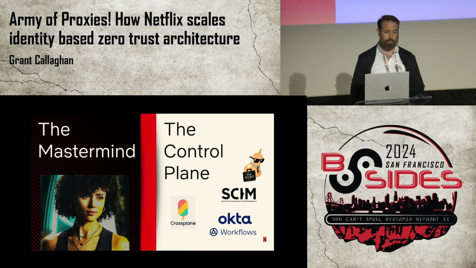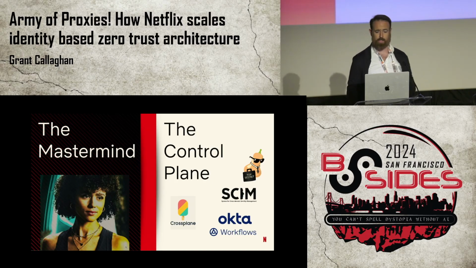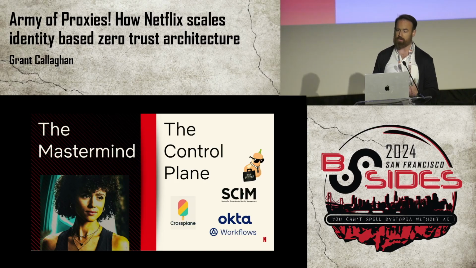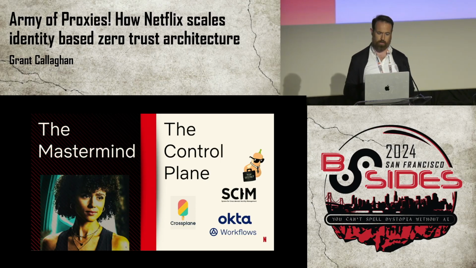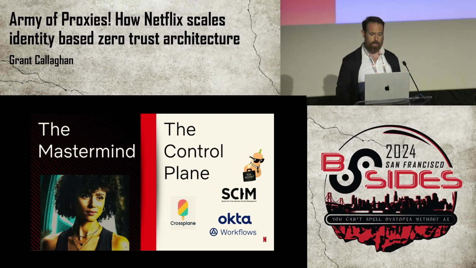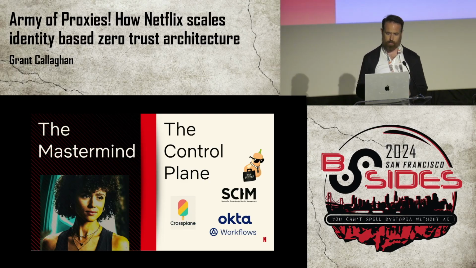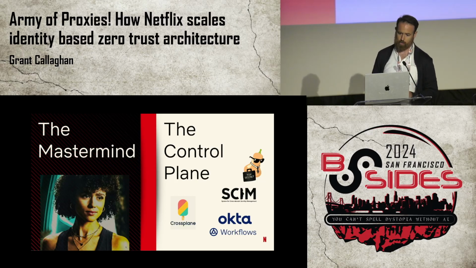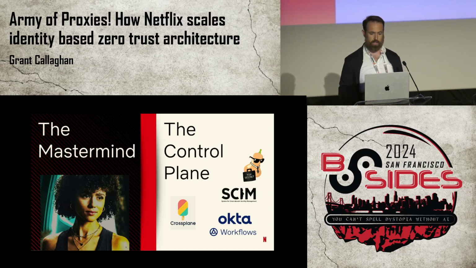So next, the mastermind, the control plane. We need to onboard and offboard users and permissions and integrations. Even if you have all of these control points, the API gateway proxying requests at the edge, service mesh protecting every single internal endpoint, unless those are choreographed, the potential can go to waste. So to coordinate all of these moving pieces, you need a player that can see the entire board, a control plane.